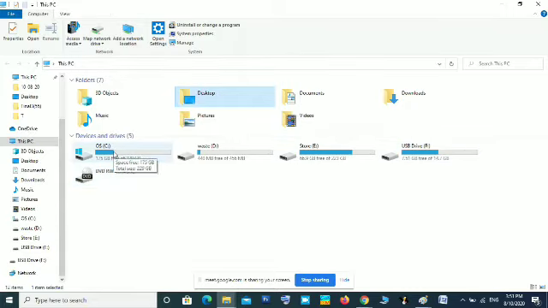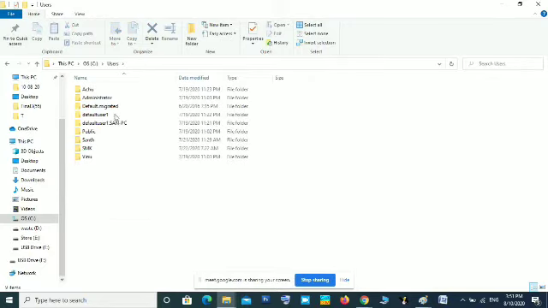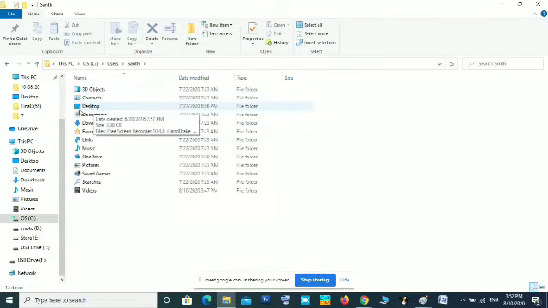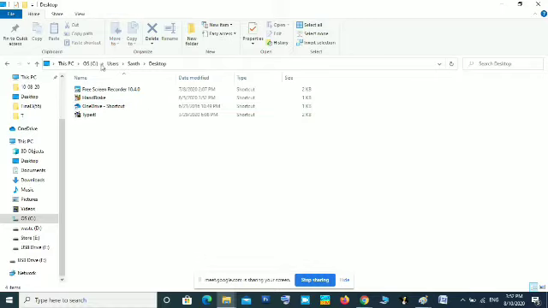When I open my C drive, this is a disk in my computer. In that, another folder is Users. When you open this Users, all the users in this computer will be displayed. So this is the user I am using now. Here you can see this folder. When I open this folder, you can see the content of the desktop.